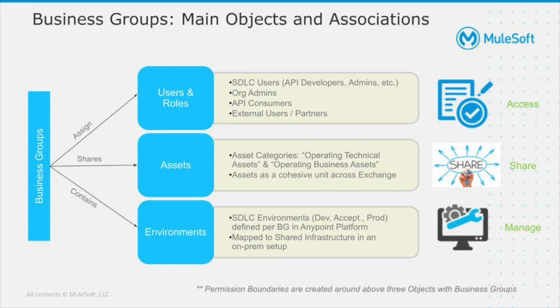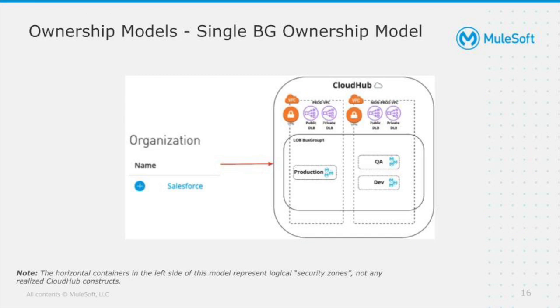So let's discuss about the ownership models next. We typically have 2 types of ownership models: single business group model, multiple business group model. Here is an example of single business group model where all the applications and internal assets developed reside in the master organization itself. When there are multiple lines of business using the same master org, then there might be a chance that a particular line of business can use the resources like vCores more than what they are entitled for. Or if different lines of business wanted to use different external client providers, then there will be some bottlenecks in coordinating between them. This is when business groups come handy.